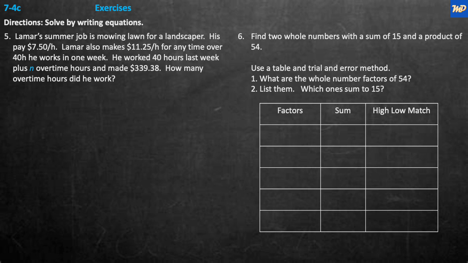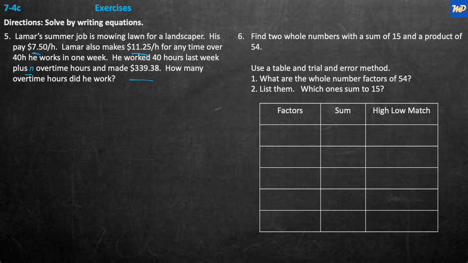Okay, continuing on with problem 5. It says here that Lamar's summer job is mowing lawns for a landscaper. His pay is $7.50 per hour. Lamar also makes $11.25 per hour for any time over 40 hours that he works in 1 week. So in our problem here, he worked 40 hours last week, plus an additional N overtime hours, and made $339.38. The question is, how many overtime hours did